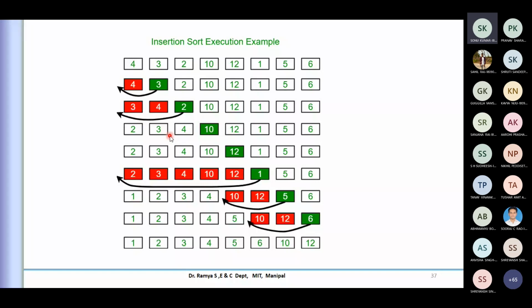So I don't require extra memory, only the temporary, which is stored temporarily, and it is being shifted. This four is shifted to this, so I'm overwriting on that. I don't require extra memory in that.